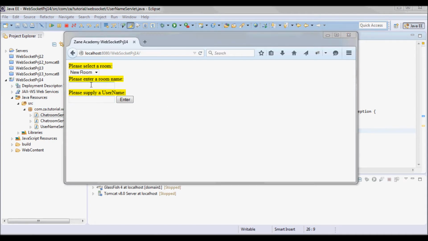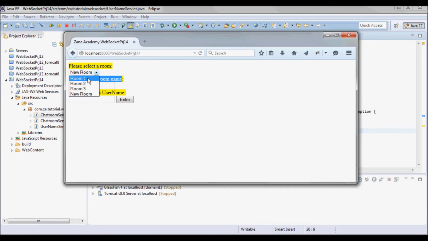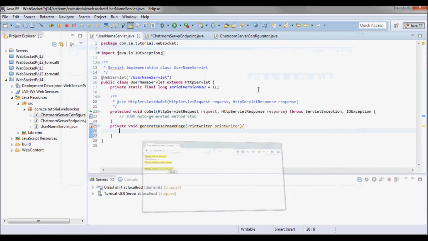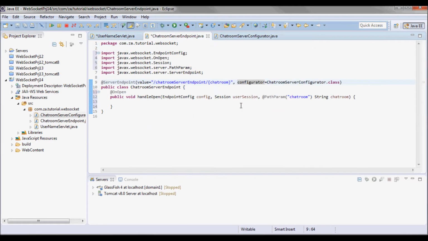And this room name, either coming from here or coming from one of those 3, will be the value of this chat room, so the path parameter here.